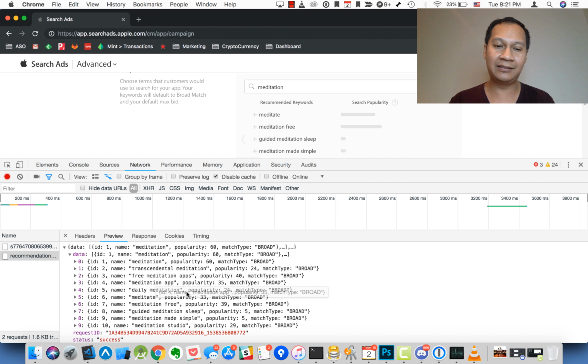But in this scenario, I'm just scanning through the list, highlighting the ones that I'm probably going to run some A/B tests on, extracting 5 from the list, and just going with it, and seeing how that impacts the app ranking within a week, and then just keep rotating through that list until you hit that secret sauce for App Store optimization. So I really hope you like this hack, and